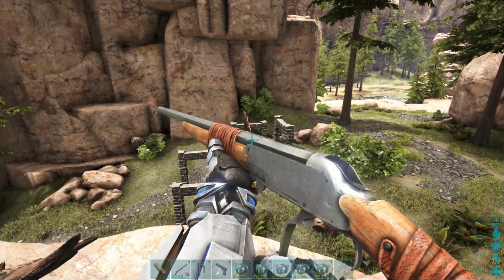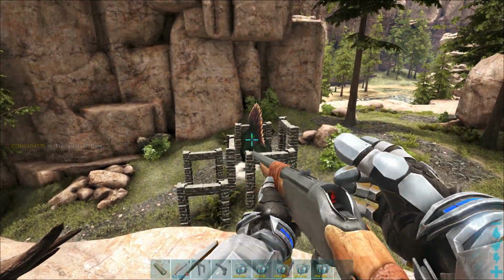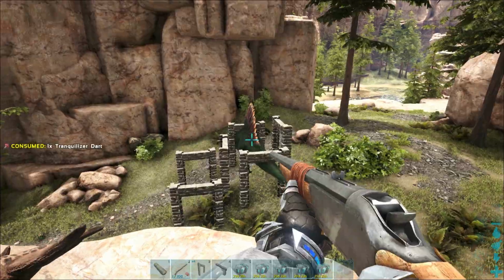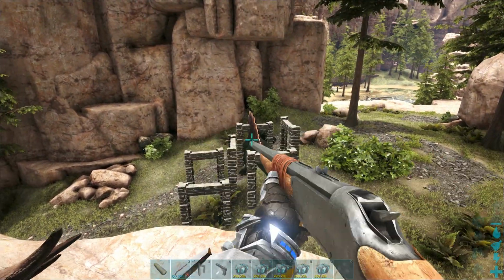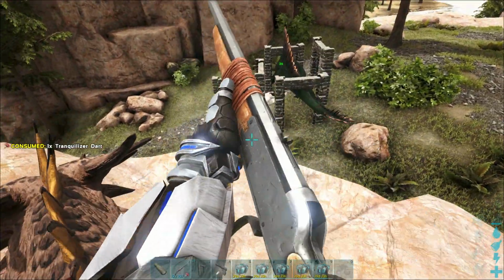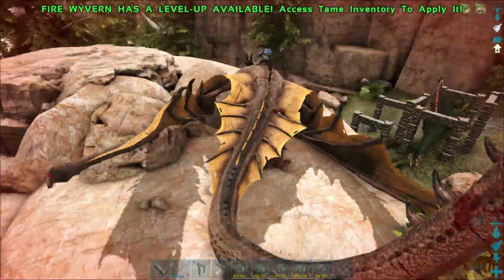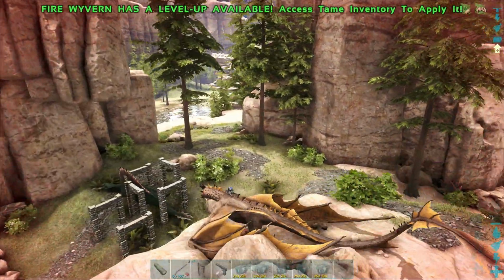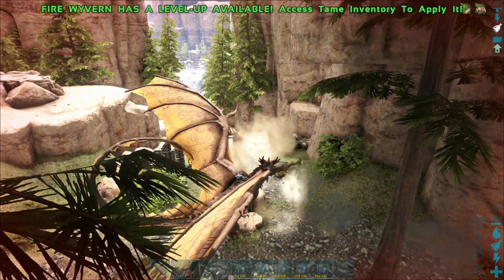Okay, so it should go down fairly soon. When it starts wanting to run away, be careful how you time your shot. You do not want to hit it after it has gone down, as you will still apply torpor and do damage to it, but it will affect the taming effectiveness, which of course means that you will lose out on the bonus levels. Now with the Spinosaurus down, I am going to tame it,